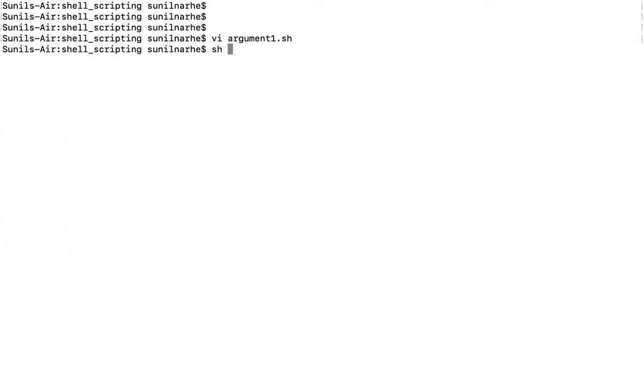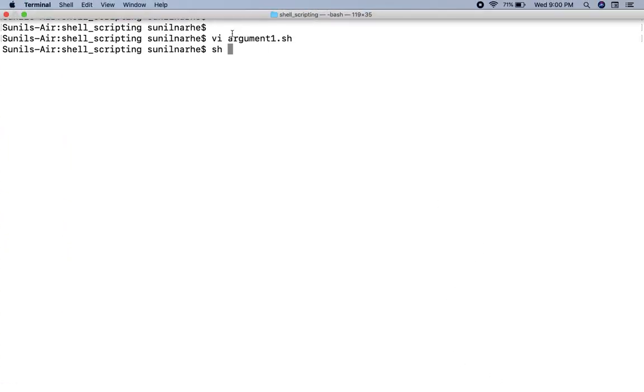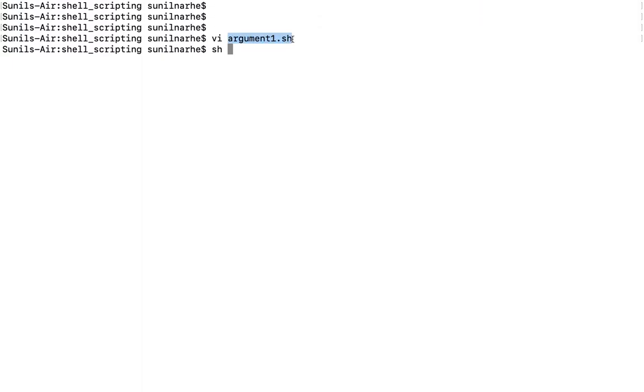Now I'm executing the script argument1.sh. See, the script name argument1.sh. Now if you want to pass some values to the script, we can pass multiple values to the script with the positional arguments.